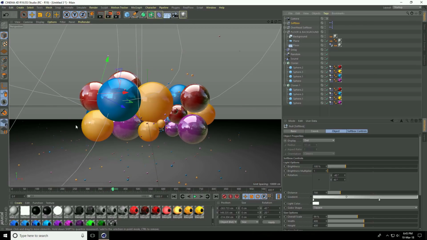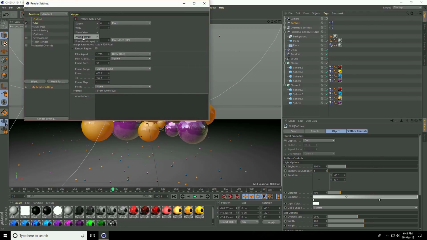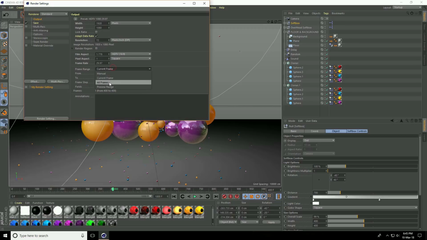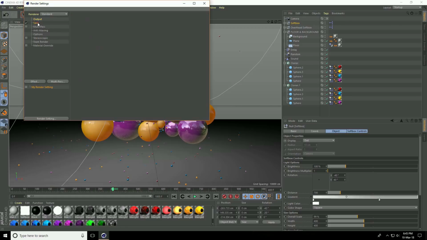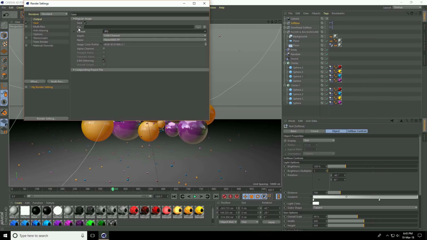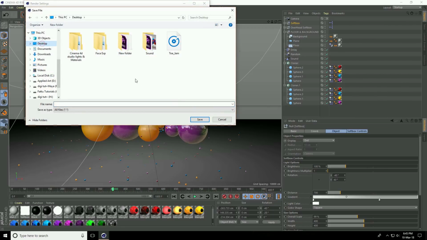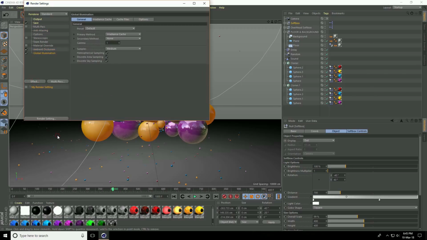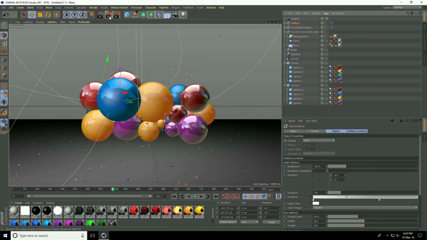See guys, this is really nice. Guys, I go to render setting. Same output, film and video, use HD1080 and frame, use all frames. Go to save, format, I take JPEG sequences and file, save file path, desktop, render and take any file name. Go to Anti-Aliasing, select Best, Effect, Ambient Occlusion and Global Illumination. That's it guys. And render.